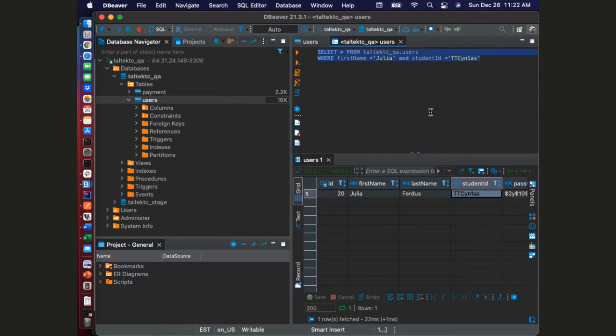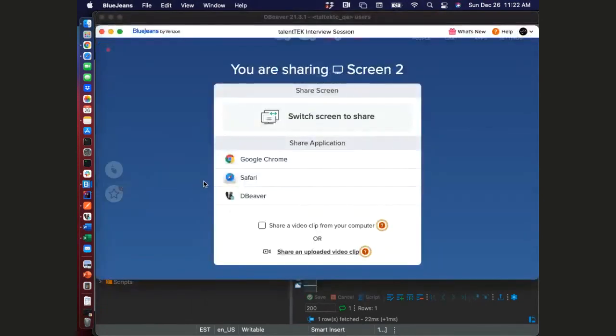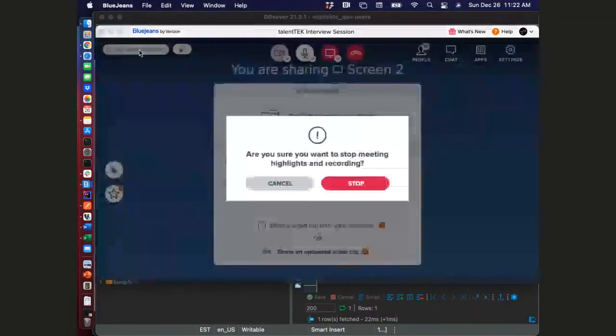Make sense? The connection is not that hard. It shouldn't take more than 2 to 3 minutes in total. All right, let me stop sharing. Sorry, not stop sharing, stop recording, and see if I can